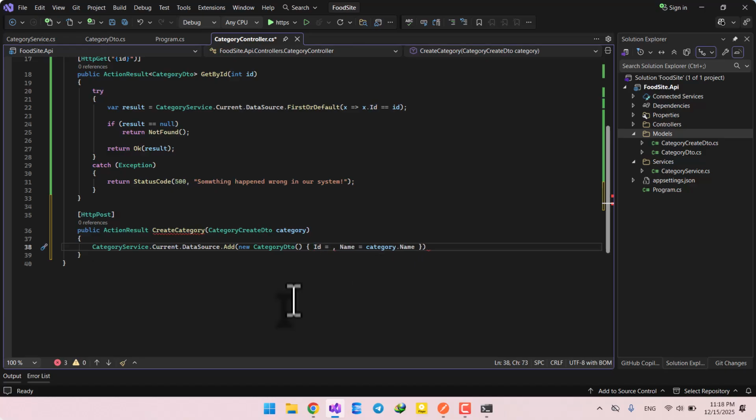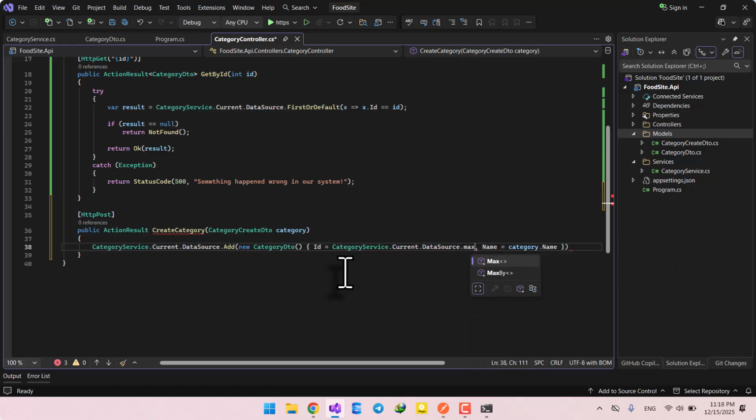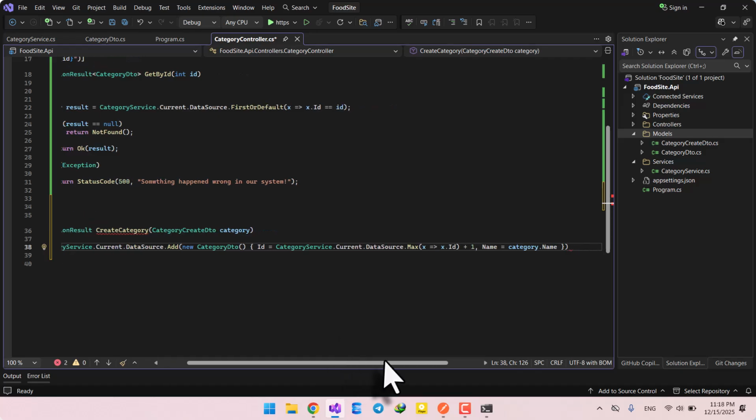So I will also use again this one here to get the max ID, and I will increase it by 1 to use it as an ID for a new thing. And finally